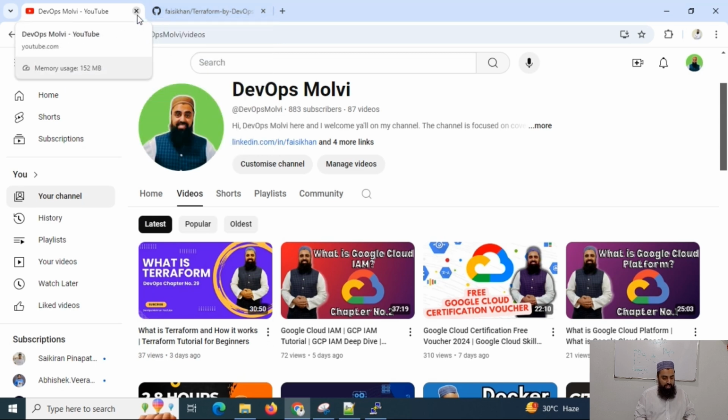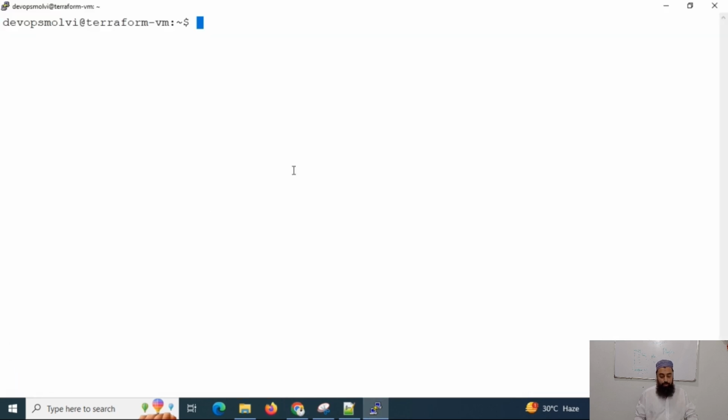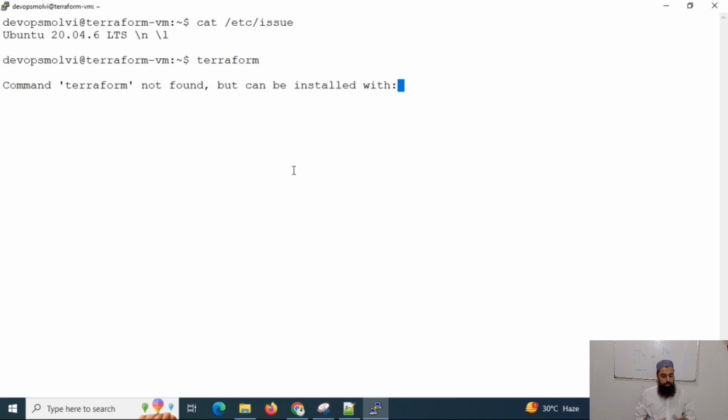So I will close it. Now I have this VM that I have created on Azure. So let's check the release of this VM, and it is actually Ubuntu 20.04. Terraform, you can see that Terraform is not installed, and the method or the tutorial or the how-to guide of Terraform is literally very simple,